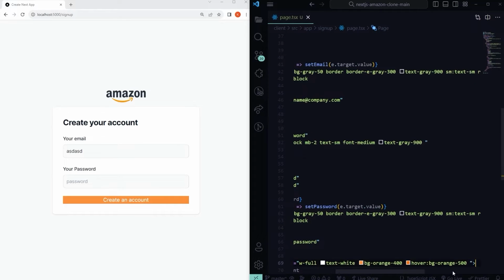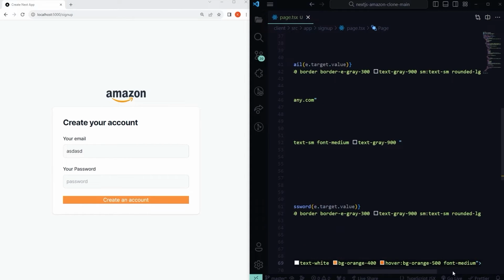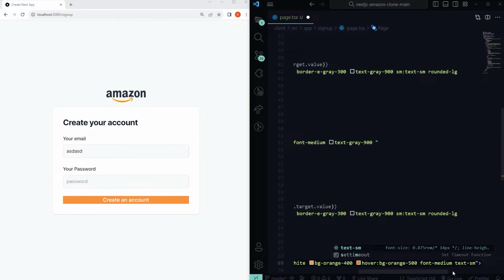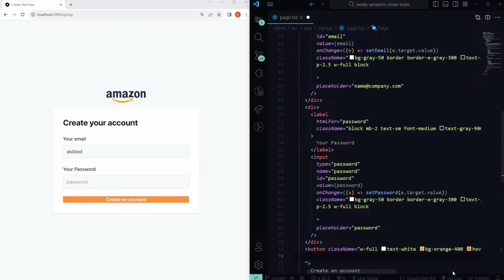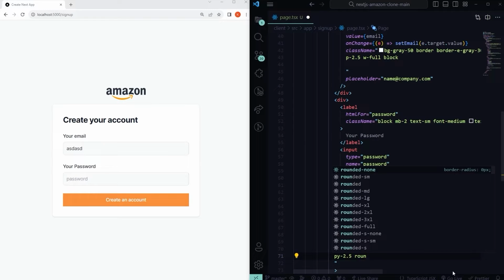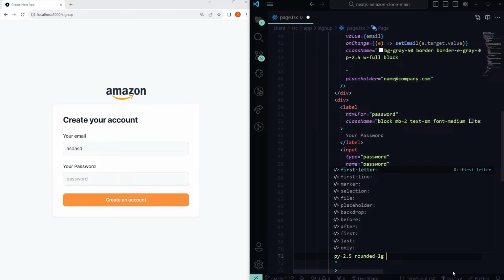Okay, so after this, let's increase the font. So font medium, and font is text small, and let's give it a padding y of 2.5 and a rounded property, so rounded large, and let's give it a padding x of 5. After that, let's have something as text center,